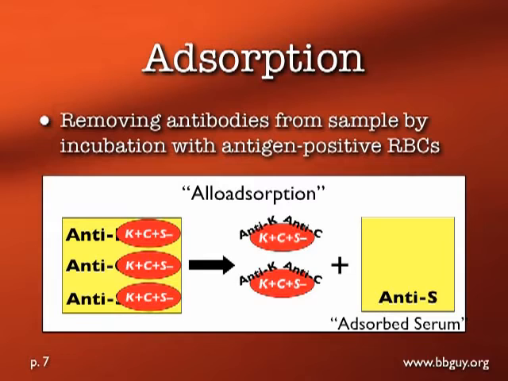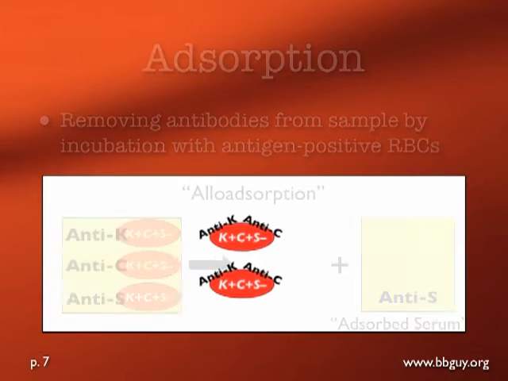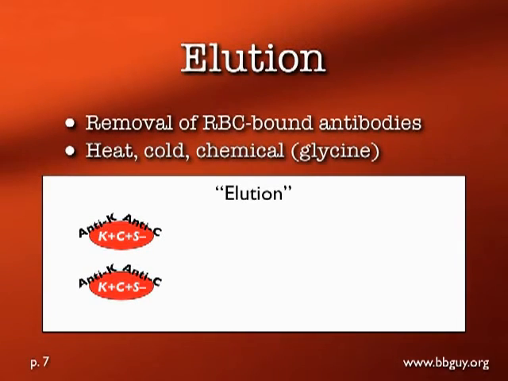The next thing we'll talk about is elution, and elution kind of goes along with adsorption in a lot of cases. Let's stick with this same example. So we've got those red cells that are coated. What are we going to do with those? Well, one of the things that we can do is take those coated red cells and do an elution, basically through treatment with either heat or cold, including freezing if necessary, but most commonly in a lot of blood banks, chemical treatment with something like glycine will actually cause those red cells to give up